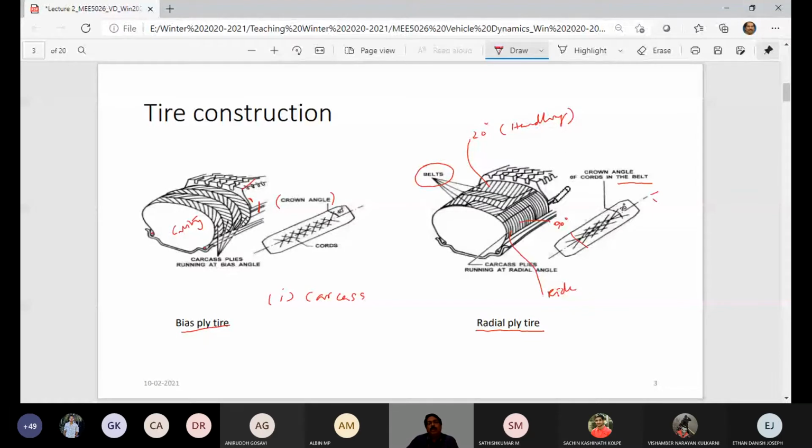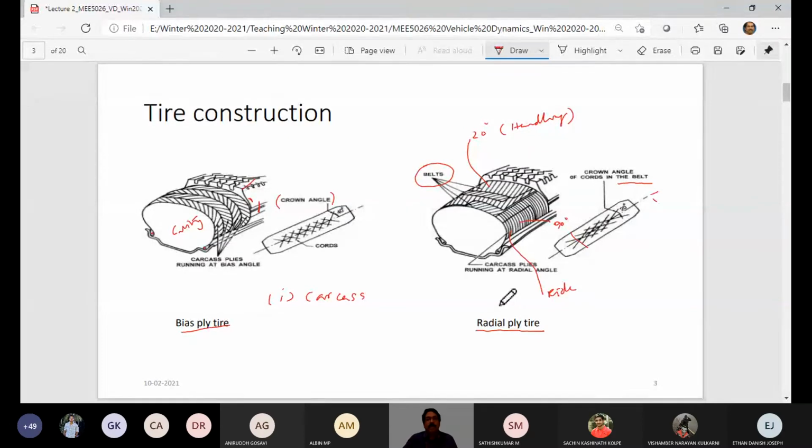Why is it? Because it would be good in handling as well as in ride, and you would see that the variation of lateral force gradually increases in a motorcycle when bias ply tires are used, rather than a radial ply tire. Those are some of the supporting statements for why bias ply is preferred in two wheelers, and why radial tires have become popular in ground vehicles, four wheelers, trucks and so on. That's something you should always be able to talk about when you discuss tires and their construction.